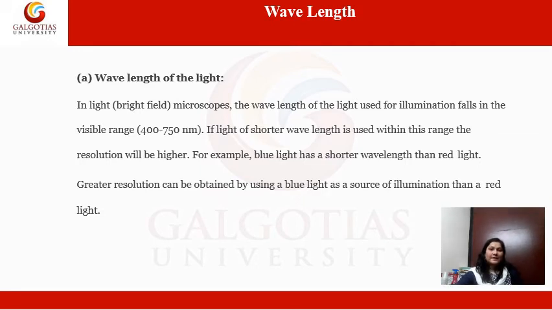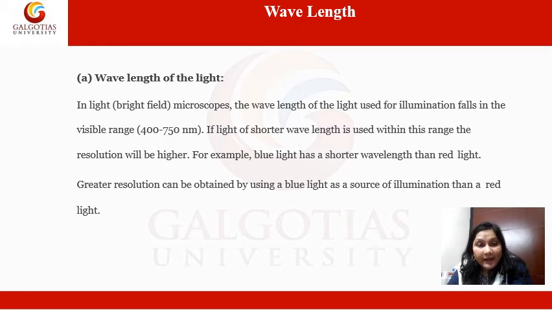Now coming to the first parameter that affects the resolution power of the microscope, that is wavelength of light. If we are talking about the microscope, it means we are talking about the wavelength of visible electromagnetic radiation, and I assume that you all know what wavelength is. Just telling you, wavelength is the distance between two crests or two troughs, or the distance used to complete one cycle by the electromagnetic radiation.